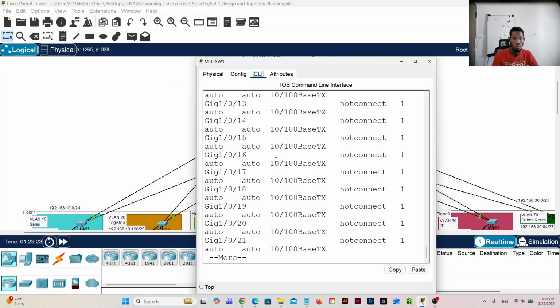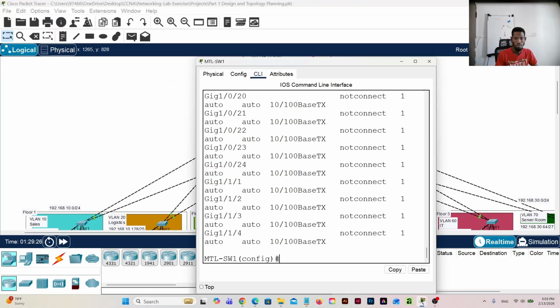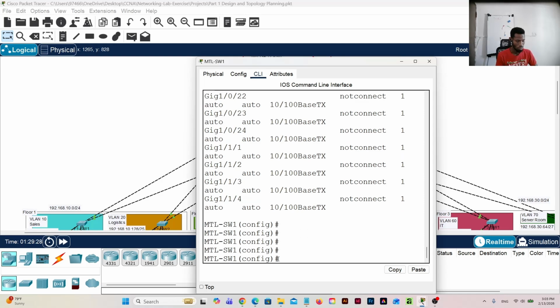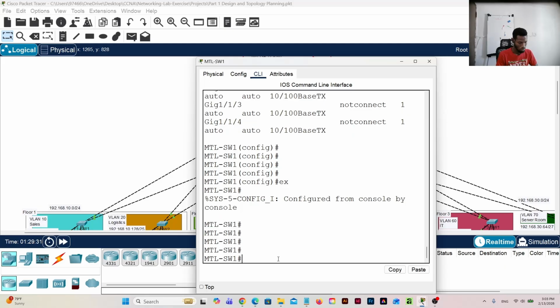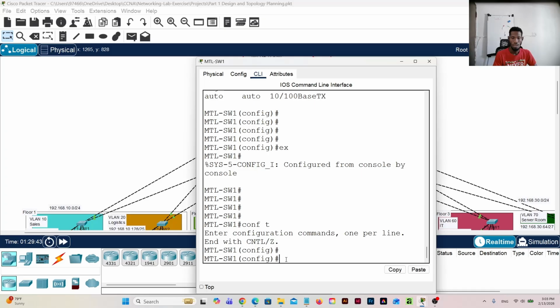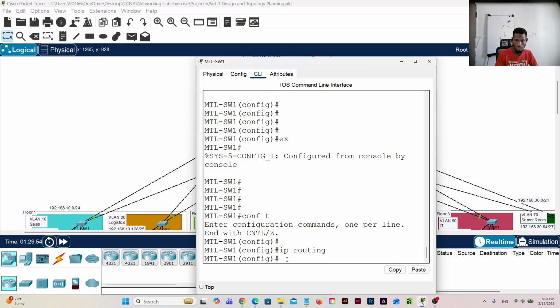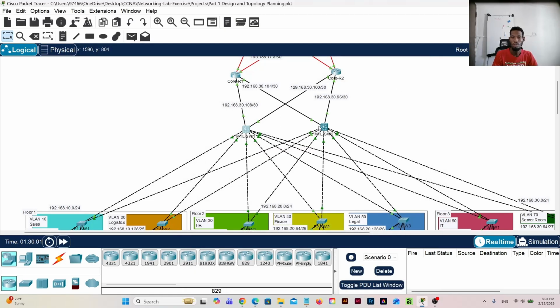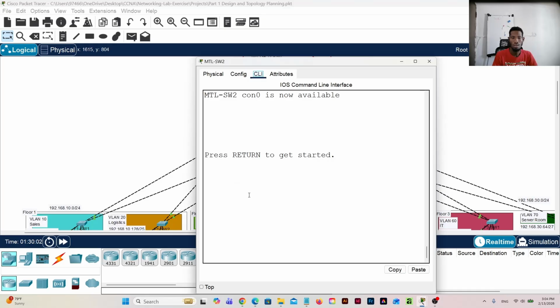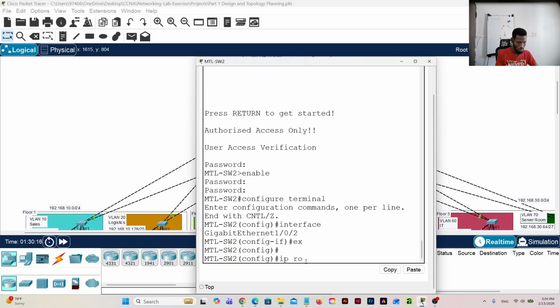So that's what we are going to do. So conf t, and the command is ip routing, and then we do the same thing here, ip